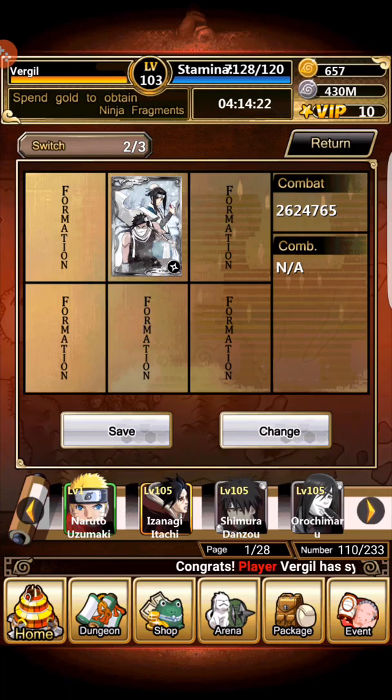So keep an eye out for new combination cards. The next event is more than likely going to be a combination card. So yeah, just keep that in mind. The combination cards are starting to roll out. And with the combination cards, keep in mind,